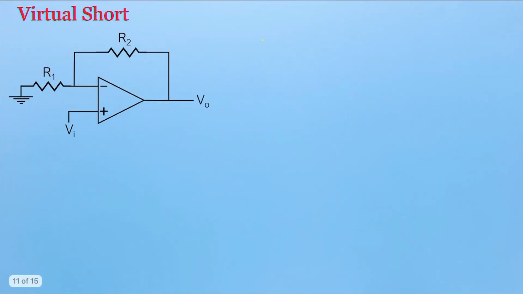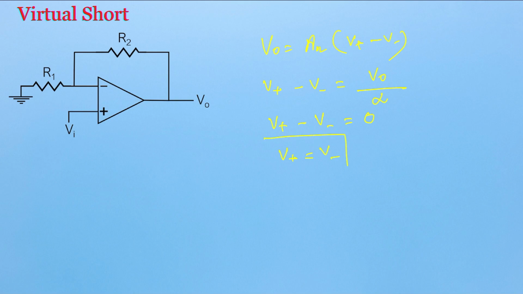So let's see. V0 is equal to AOL times (V plus minus V minus). From here we can write V plus minus V minus is equal to V0 by infinity, so V plus minus V minus is equal to 0. So V plus is equal to V minus. So the voltage at this point and the voltage at this point are equal. That's why we call it virtual